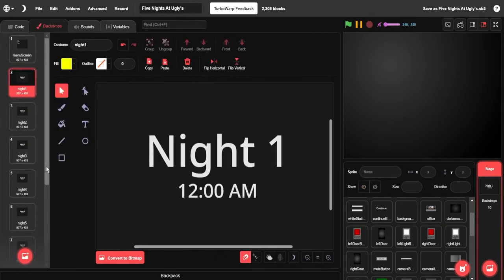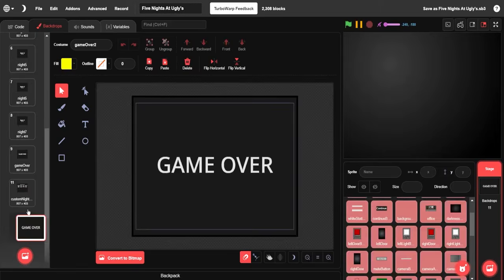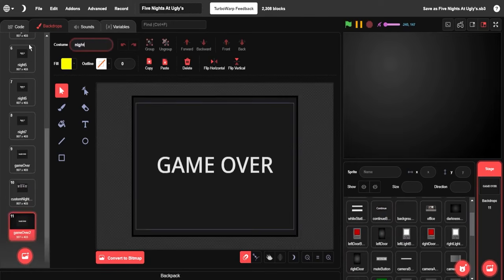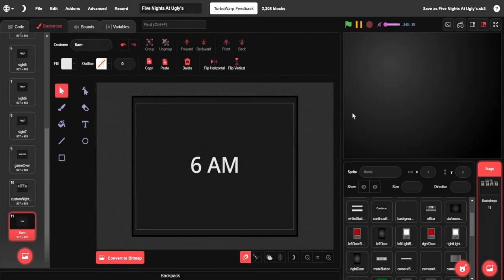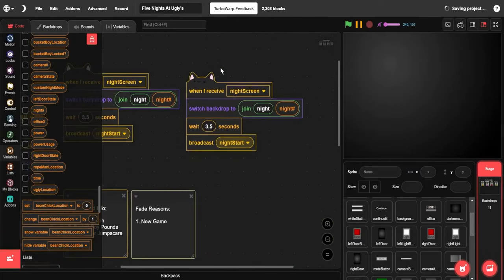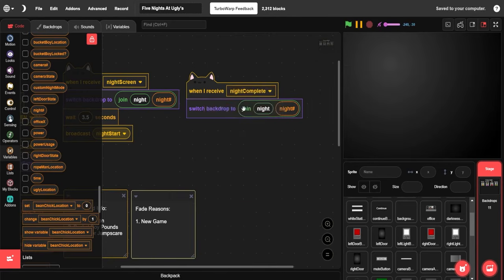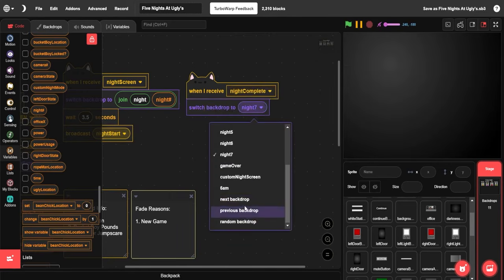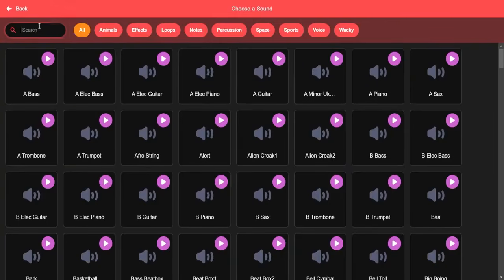Let's make a new backdrop for when you complete the night. I'll just duplicate our game over screen and call it 6 a.m. Great. We can now say inside of our backdrop, when I receive night complete, we will switch the backdrop to 6 a.m. and now we will need to grab a sound